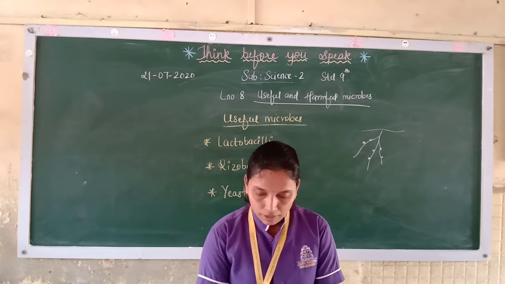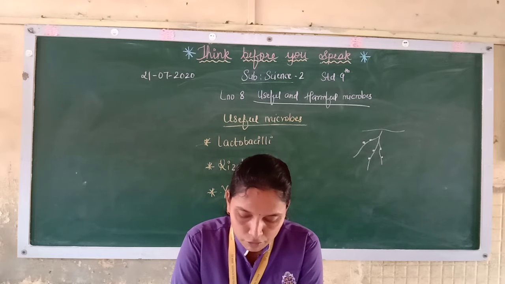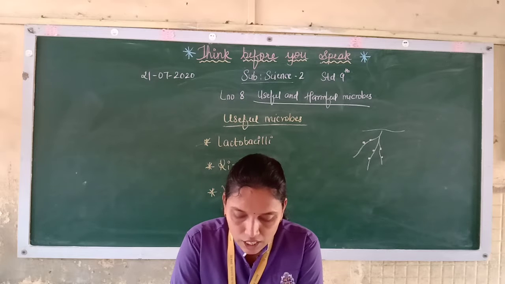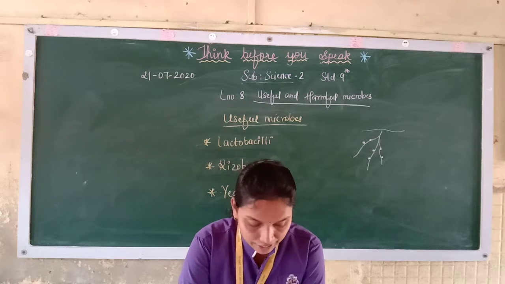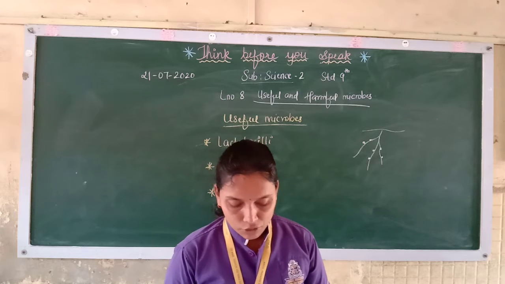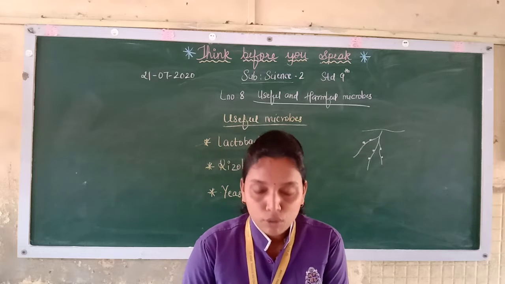Now you are familiar with different types of microbes which are all around us but cannot be seen with our eyes. In what way are they related to our everyday life? Now see how they are related. Many of the microorganisms are useful to us while others are harmful to us.